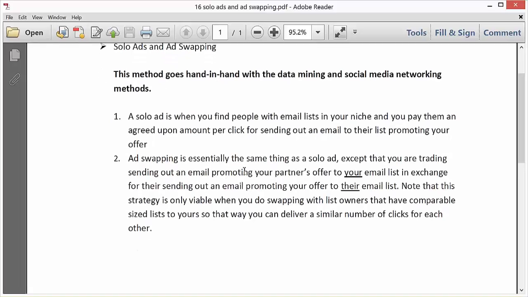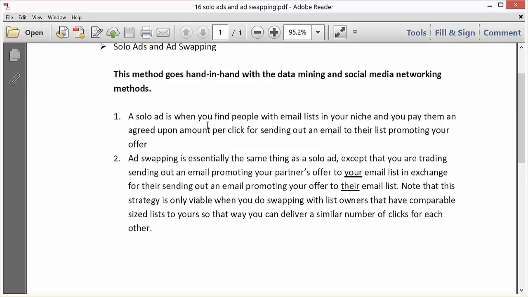Ad swapping is essentially the same thing as a solo ad, except that you are trading sending out an email promoting your partner's offer to your email list in exchange for their sending out an email promoting your offer to their email list. Note that this strategy is only viable when you do swapping with list owners who have comparable size lists to yours, so that way you can deliver a similar number of clicks for each other.